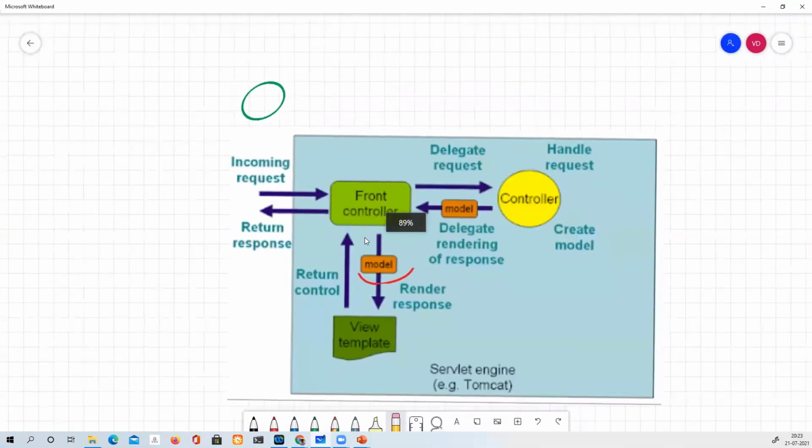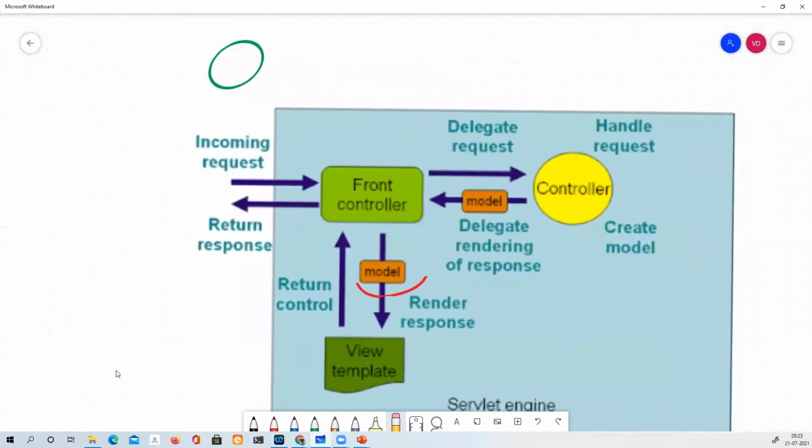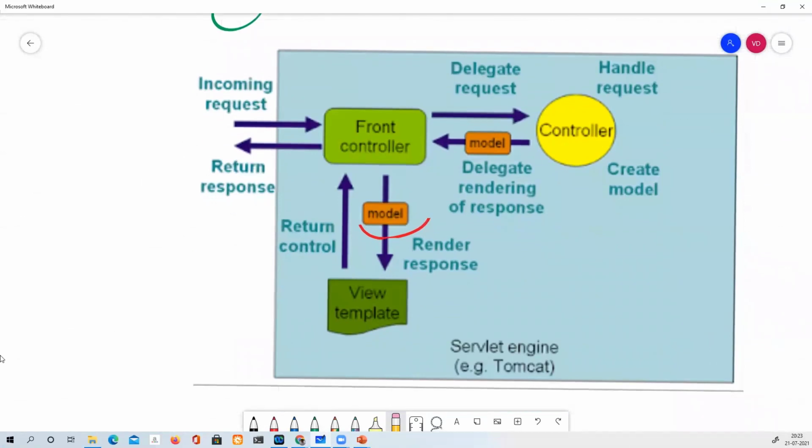So in Spring MVC, what happens? We normally have one controller annotation, which is named @Controller. It's basically a stereotype annotation, meaning if the component scan finds it in your package, it creates one object for you. Your incoming request comes here, and it first interacts with the dispatcher